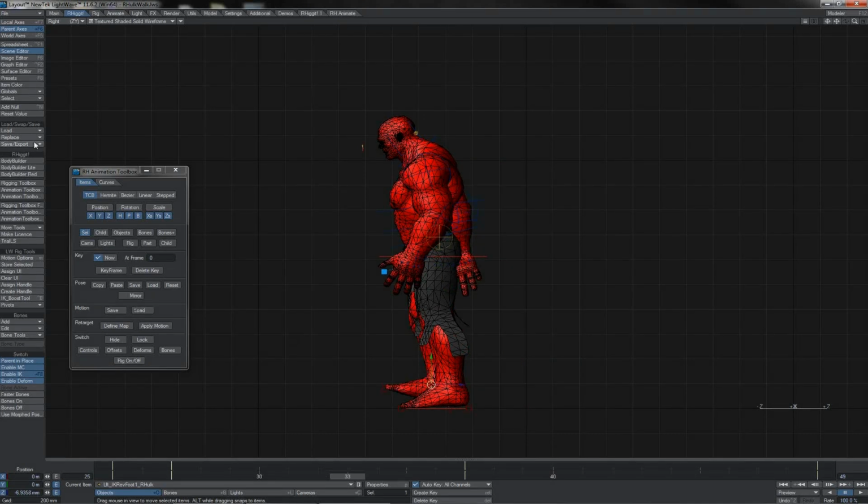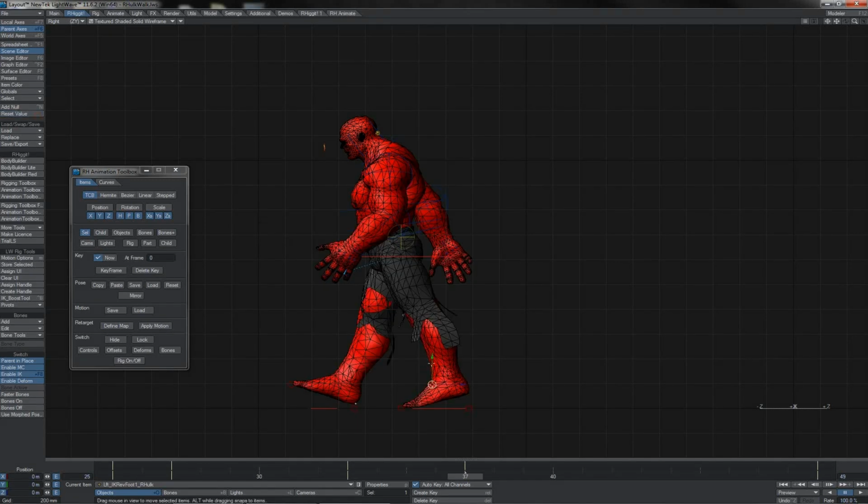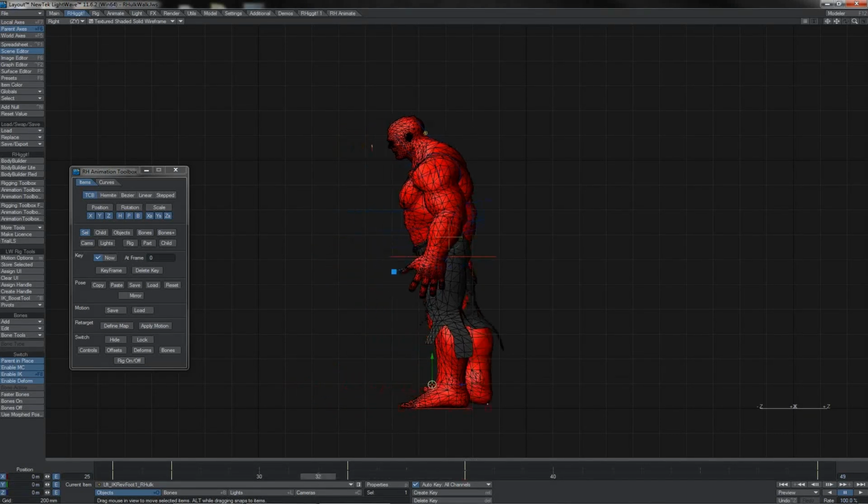So perhaps up until this point, the reverse foot null will want to stay nice and still. At this point, we can lift it up on the Y-axis, and that of course gives us the lift at the ball of the foot like this. We're now able to animate a bit more